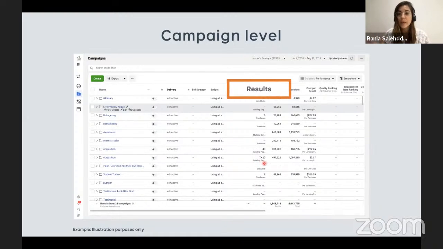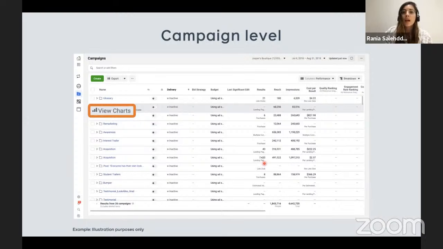It really depends on the objective that you have set up. The reach we already spoke about is the unique people or the unique viewers of your ad. The impressions is the number of times that your ad was shown. And you also have the cost per results directly on